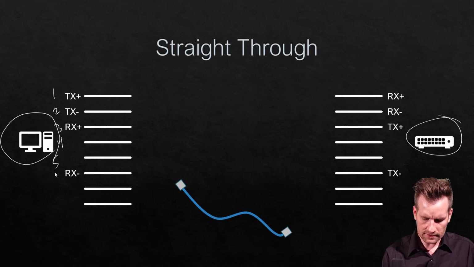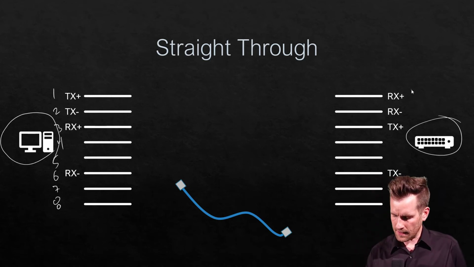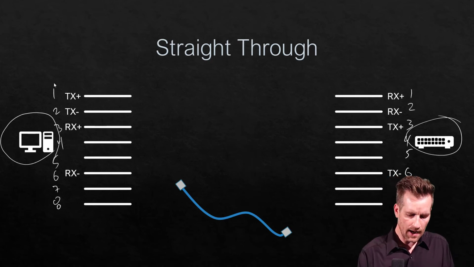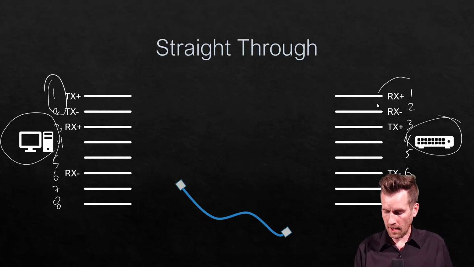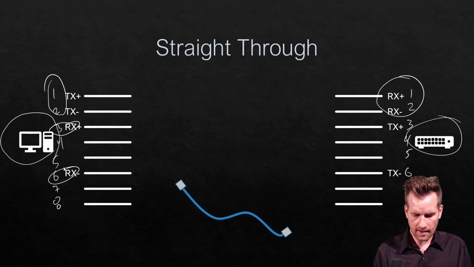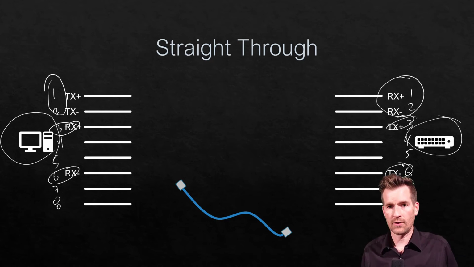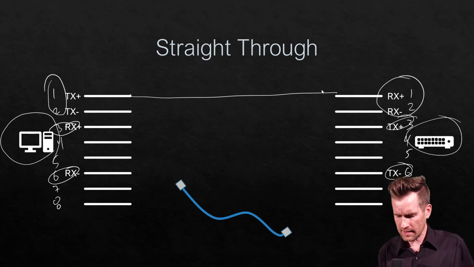So these pinouts, I'm going to label all of the conductors on this side if I were to look at that network interface card. And then same thing over here. This is the pinouts over here, 5, 6, 7, 8 for each of the conductors. If you notice that pins on a computer, pins 1 and 2 are the transmits, versus on the switch, pins 1 and 2 are the receive. Pins 3 and 6 on the computer are the receive, and pins 3 and 6 on the switch are the transmits. This is intentionally so that when we connect a cable between these two,